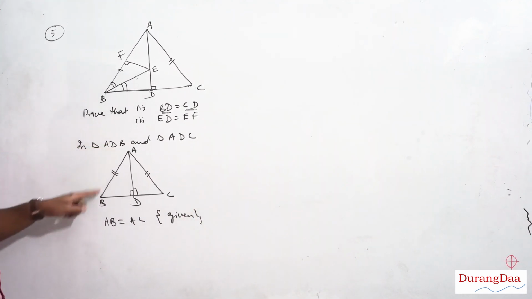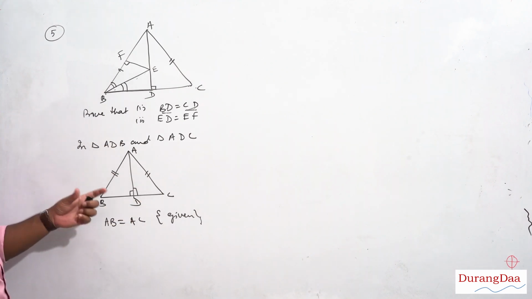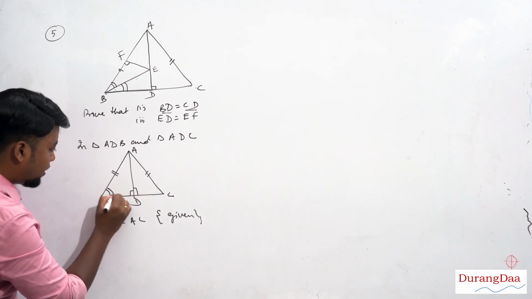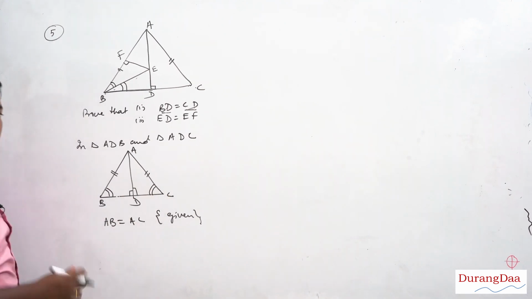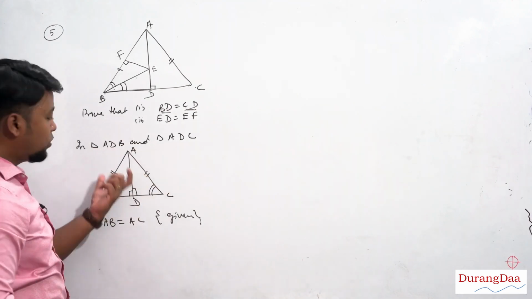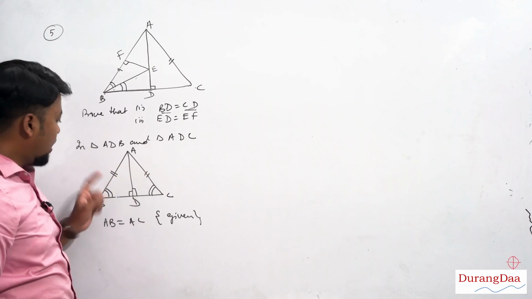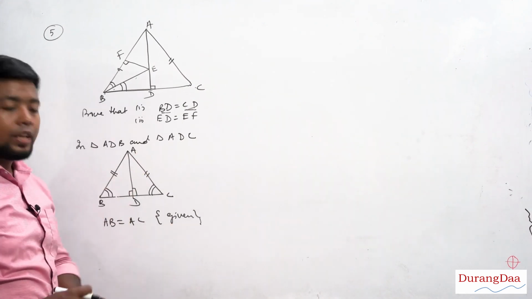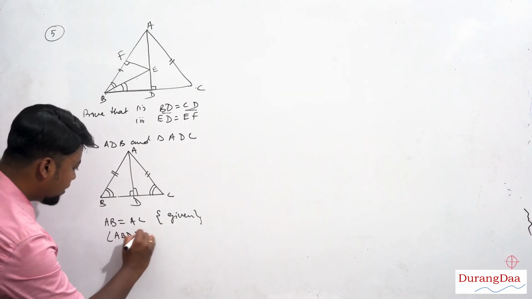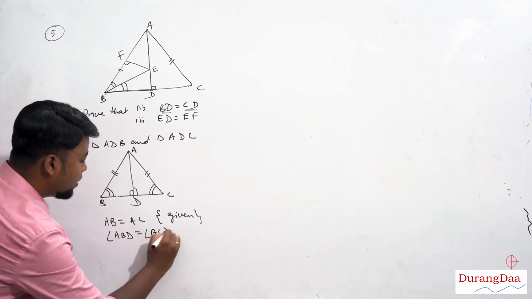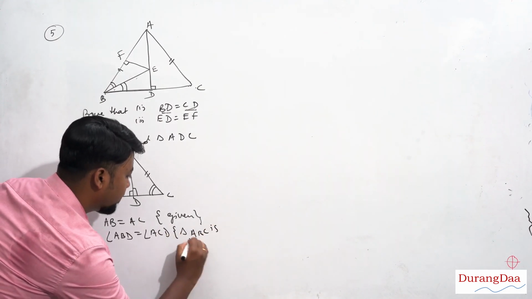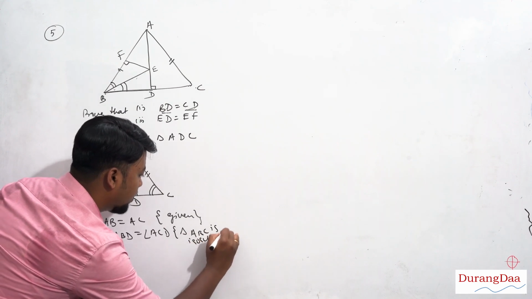And if AB is equal to AC, we have studied the relationship between the sides and angles of triangles. We know that the contained angles here will also be equal to each other. Or another way to think about it is that the triangle is isosceles, because two sides are equal, so the angles contained in them should also be equal. All right. So we can just write here angle ABD is equal to angle ACD. The reason would be triangle ABC is an isosceles triangle.